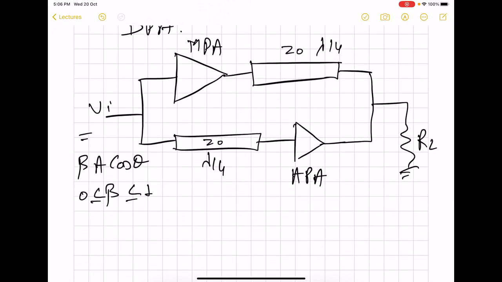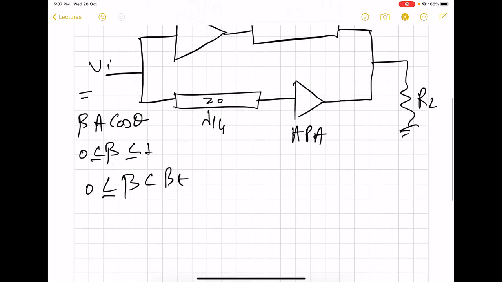So we saw that for low drive, that means when beta is less than threshold, certain chosen threshold, for this case,